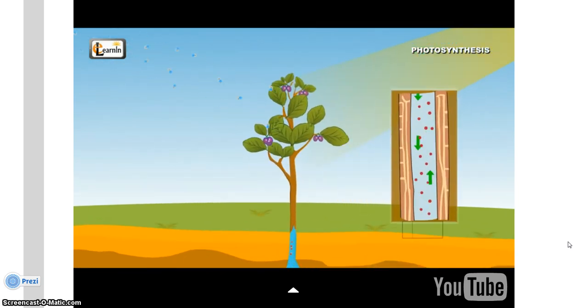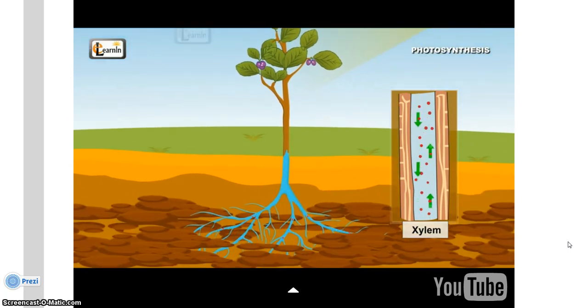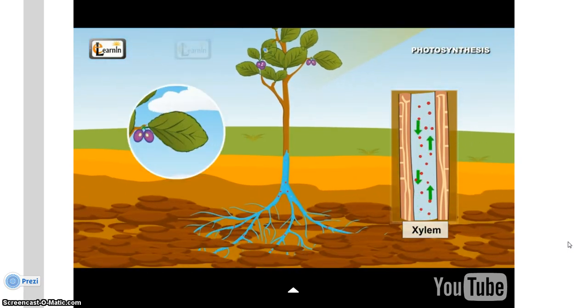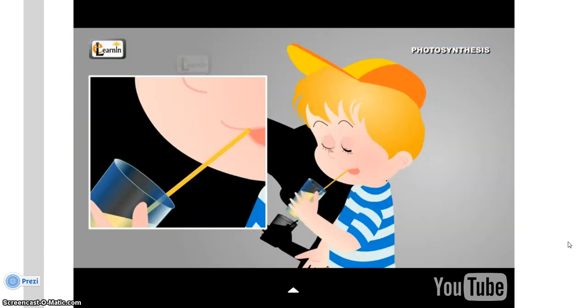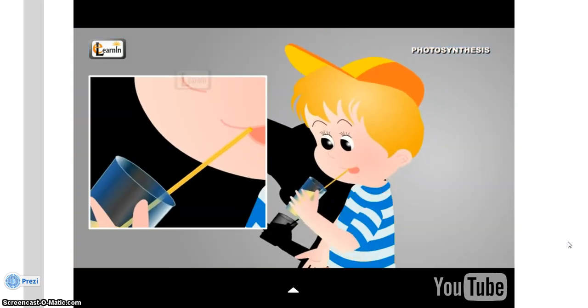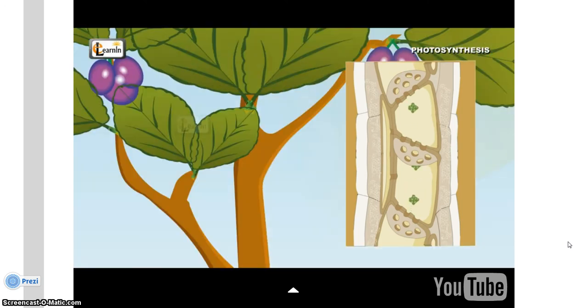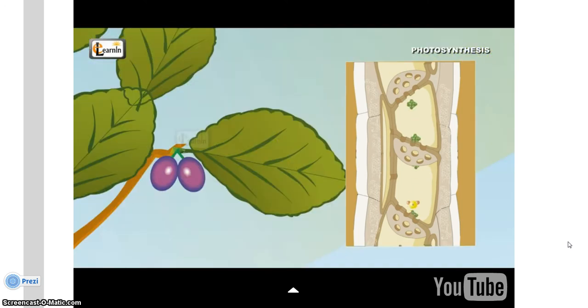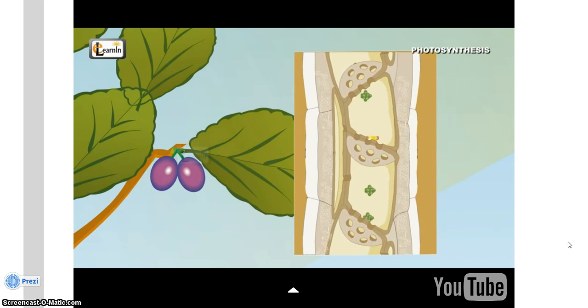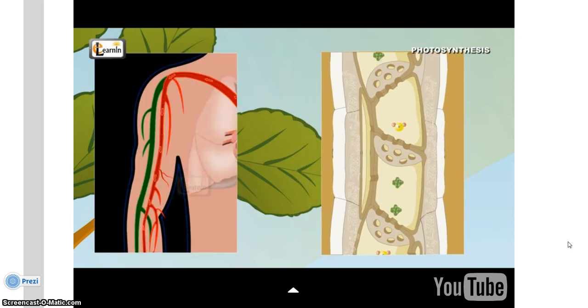Plants have tubes called xylem, located in the stems, through which the water from the ground is sucked into the leaves. This system works similar to humans sucking liquids through a straw. The xylem is spread throughout the different parts of the plant, including the stem, branches, and all the way up to the leaves. The xylem transports vital nutrients to the entire plant. Xylems in the plant are like blood vessels in the human body that act as an important means of transportation